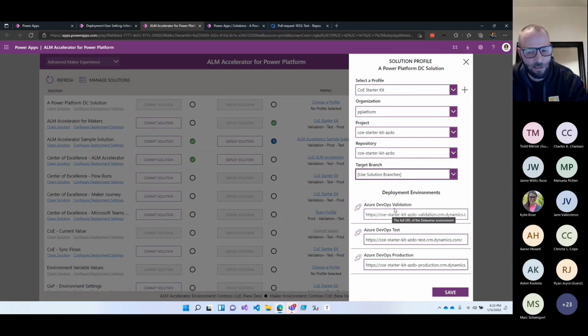These are configurable. This is kind of the default validation environment, a test environment, and a production environment. You can have as many or as few environments as you like, but this is sort of the default setup for the ALM Accelerator. And the validation environment is essentially an environment where when you create a pull request, it will